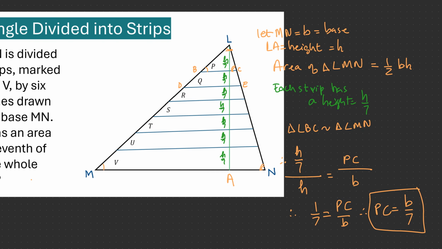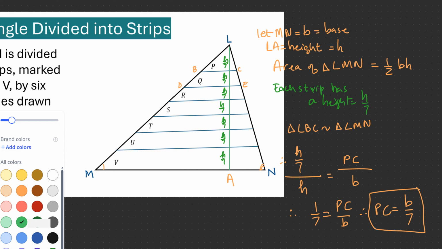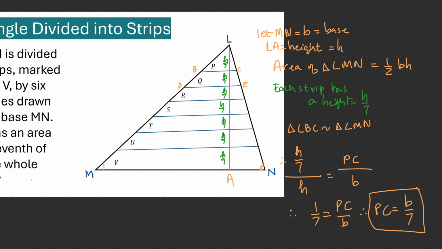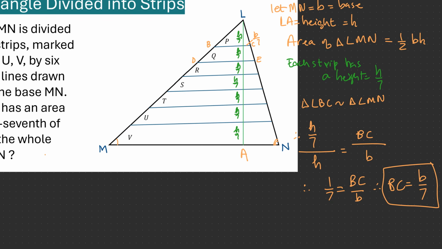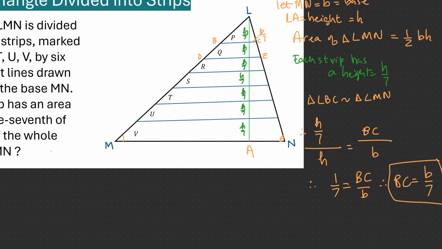So this BC, sorry about that, it's BC. So BC is B over 7. Now if we work out what DE is, we can say that in triangle LDE,